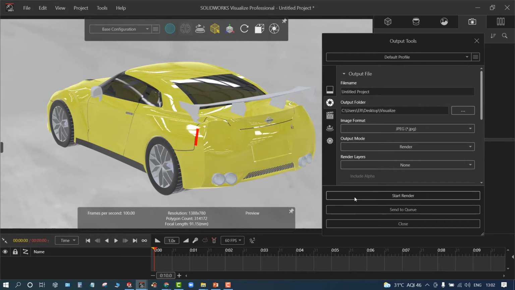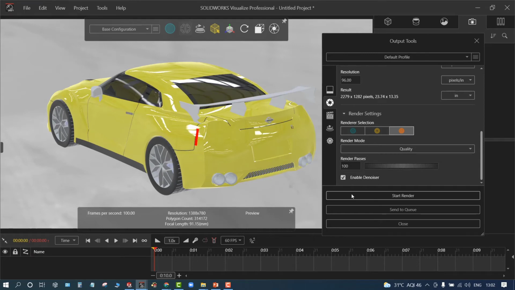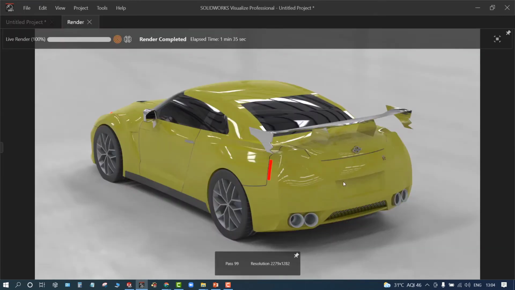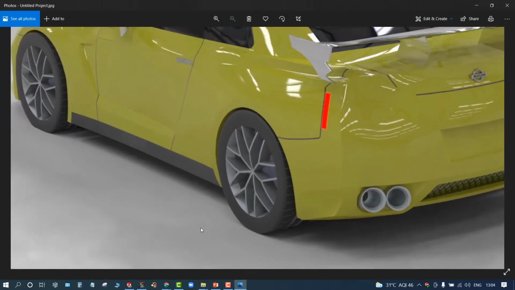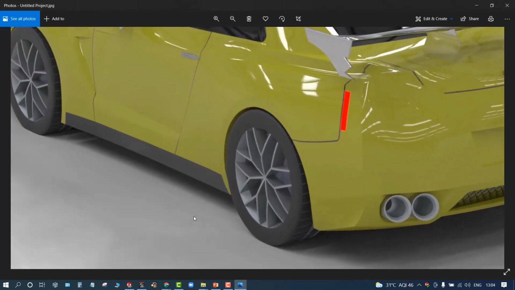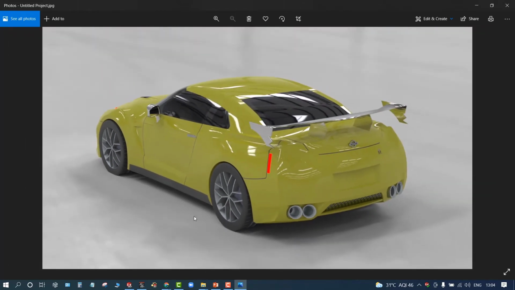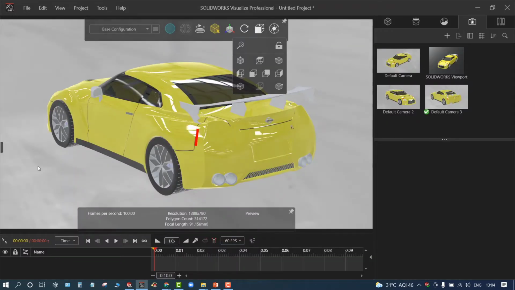I'll simply select the start render so that I can get the output for this. I'll select only 100, and this is the final rendered image which you will be getting outside. And this is not exactly accurate, so I haven't utilized all the required capabilities here. A simple thing. Okay, and now as per your requirement, I'll just showcase the last thing, that is how to